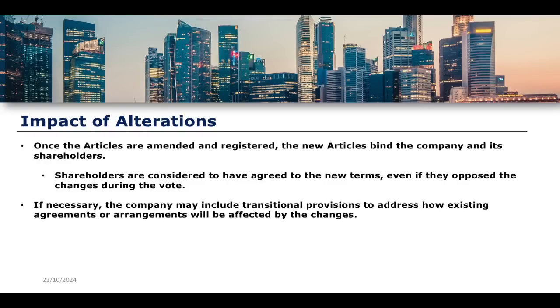So let's say you have a few shareholder agreements with different shareholders, and you decide to make an alteration. There's a special procedure that is followed, a 75% vote for this change. There might have to be a transitional provision to note the impact and make appropriate changes to the impact it has on each of these individual circumstances, those individual agreements between the individual shareholders.